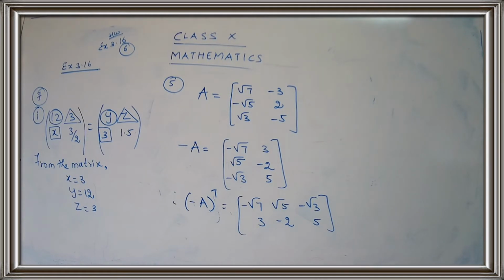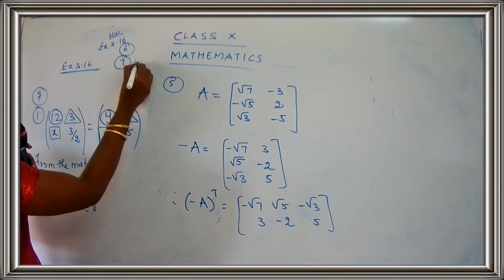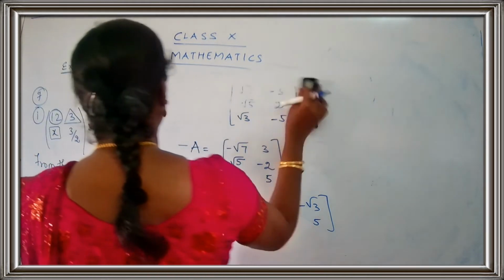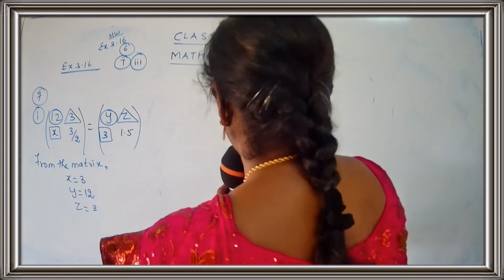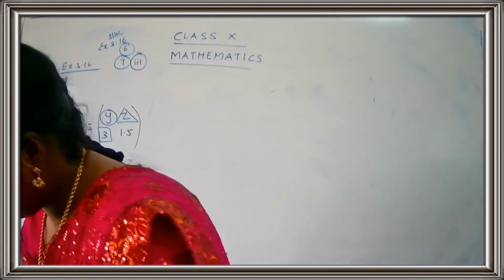Okay, now let's go for the second subpart. I have given you the 6th sum as homework, yes children, and also from the 7th, the 3rd subpart will be homework. I will be doing the first subpart and the second subpart. You are going to complete the 3rd subpart as homework. Okay, let's go for the work. So take down the second subpart question. Okay, I'll write down here.